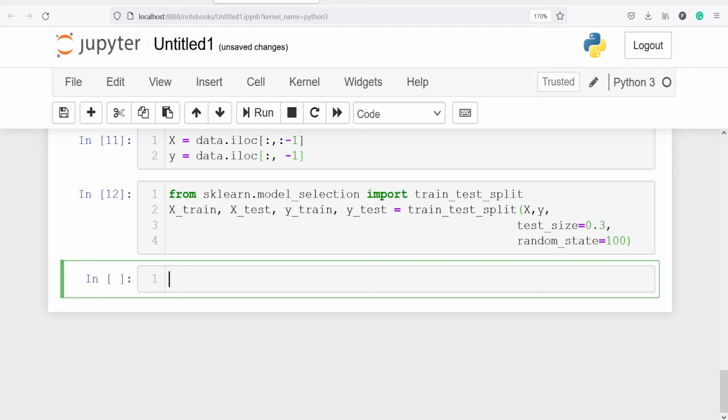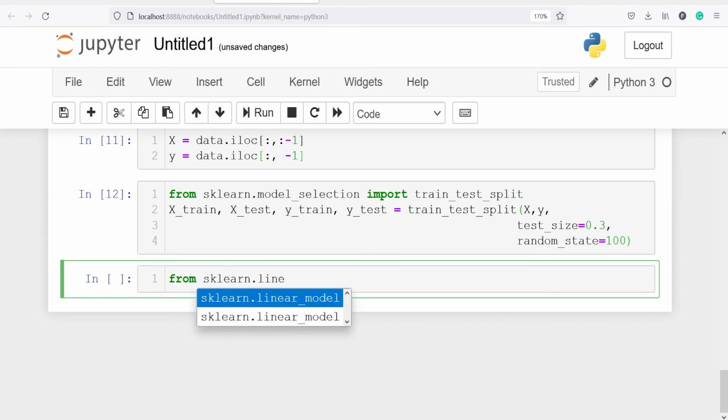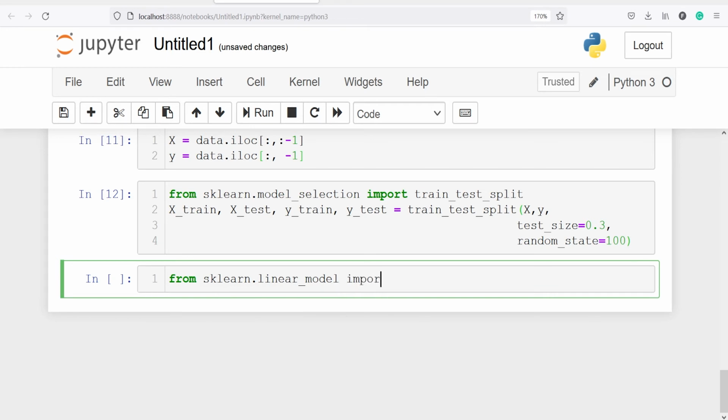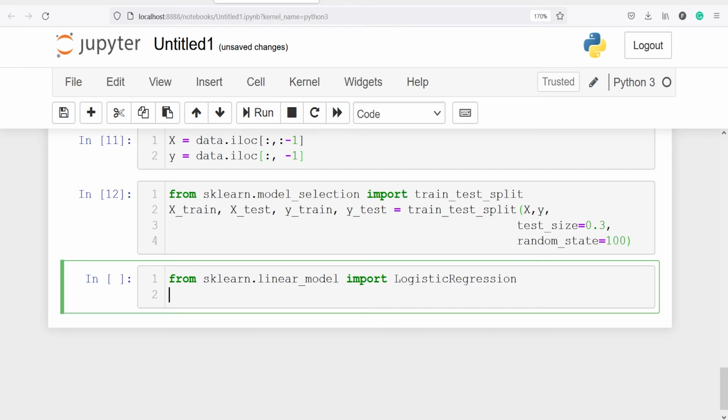Now we are going to train our logistic regression model. First, we will import the class LogisticRegression from sklearn. I will write from sklearn.linear_model import LogisticRegression. Now I'm going to make an object of this class LogisticRegression and save it.